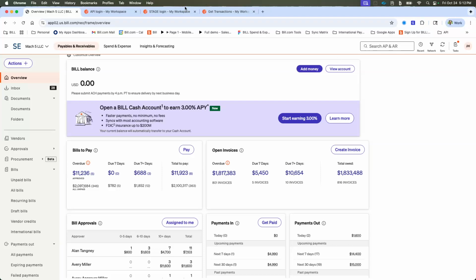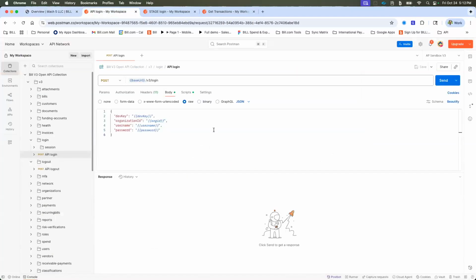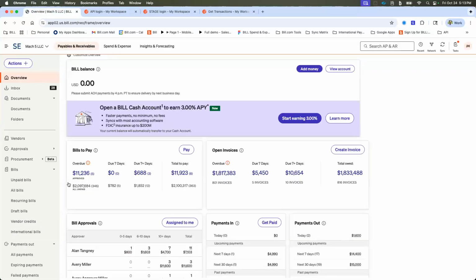And when you look at our documentation, you'll see to be able to create a session ID within our APIs for accounts payable and accounts receivable, you need four components. You need a dev key, an organization ID, username, and password. Well, you know your username and password, but this video is going to describe how you generate that dev key and organization ID. To do that, when you log into Bill, you'll be able to go to Settings, and